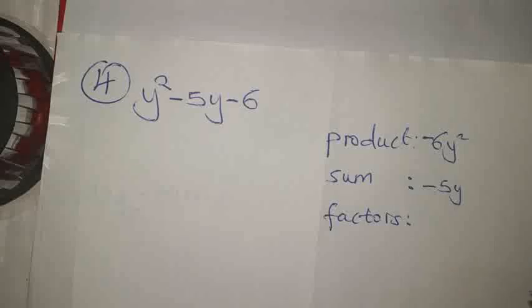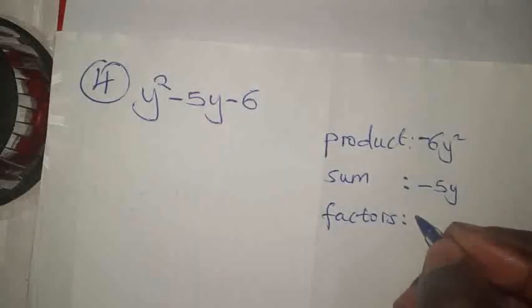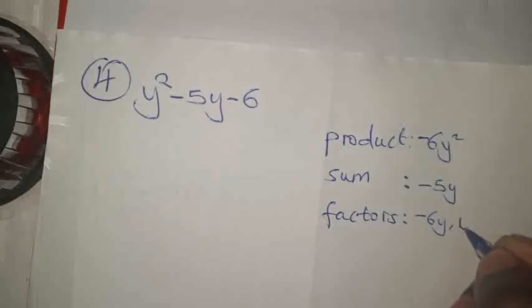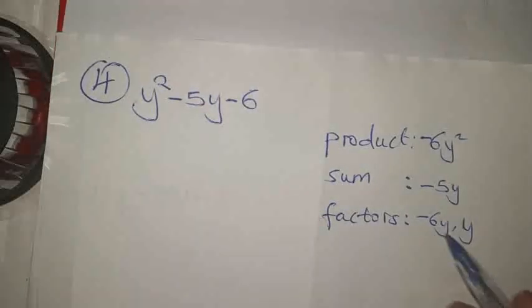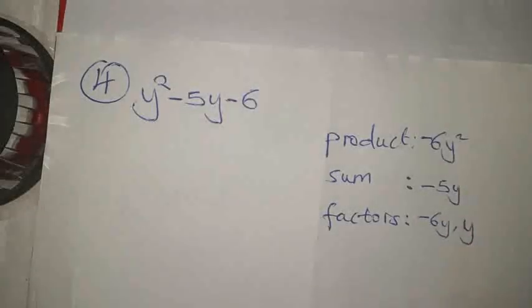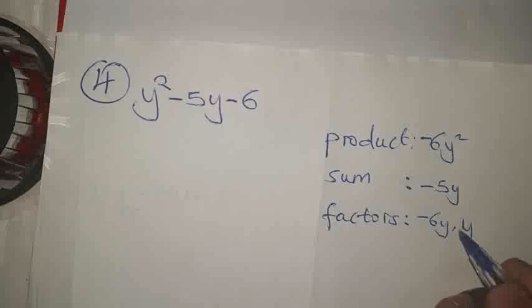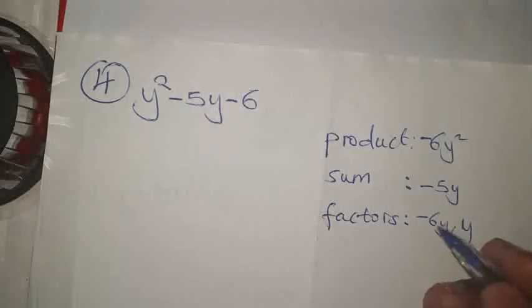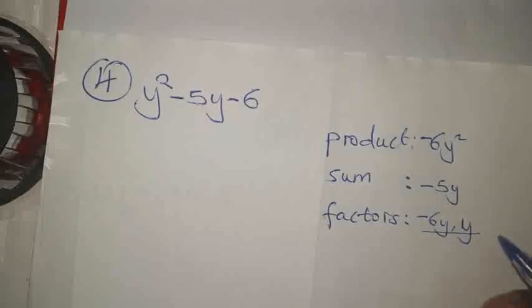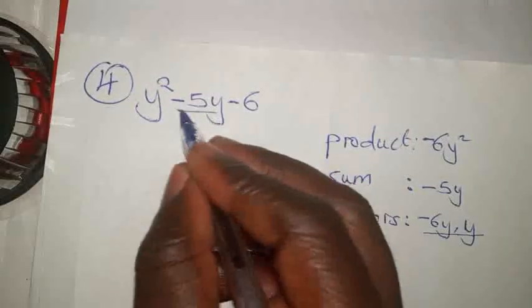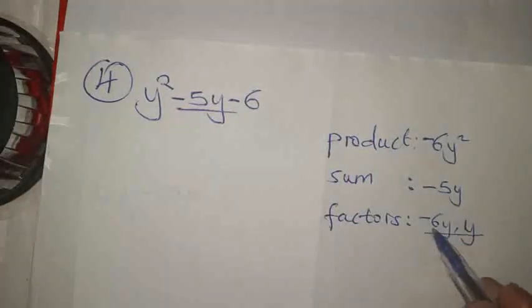Meaning our factors here are negative 6y and positive y. We know to say negative 6y by y will be negative 6y squared. Then negative 6y plus y gives negative 5y. So these are our factors. So we're going to substitute them where? We're going to substitute these where there is this one, because we know to say negative 6y